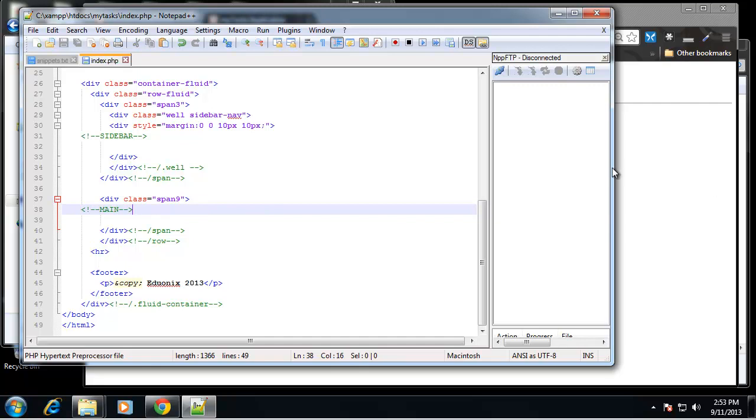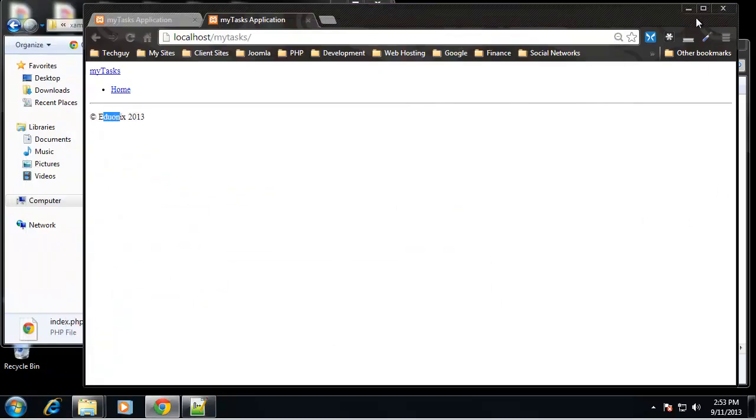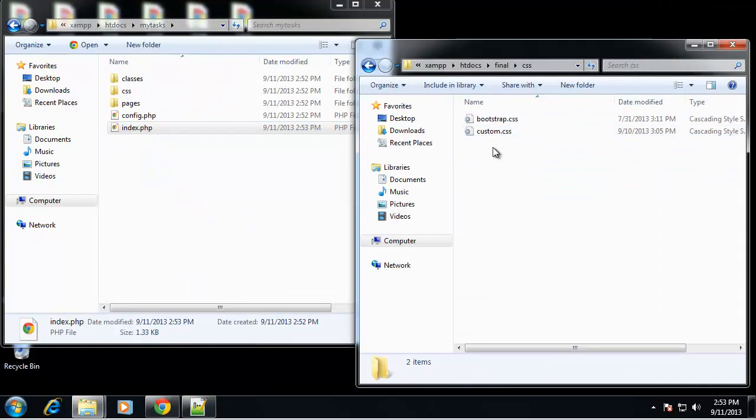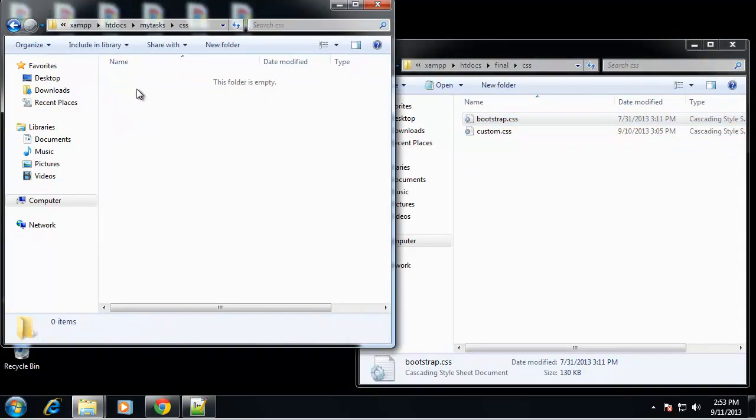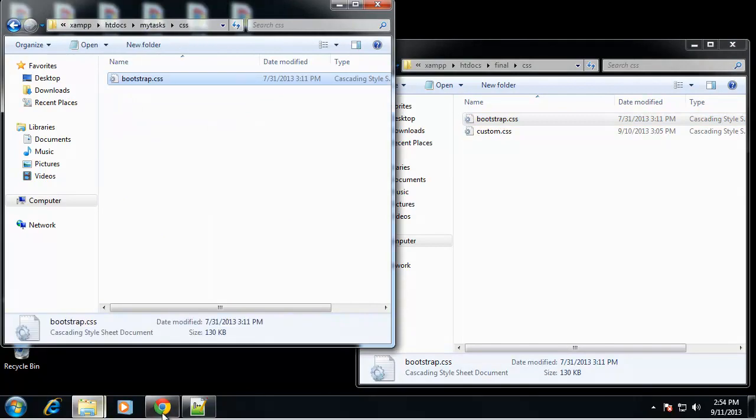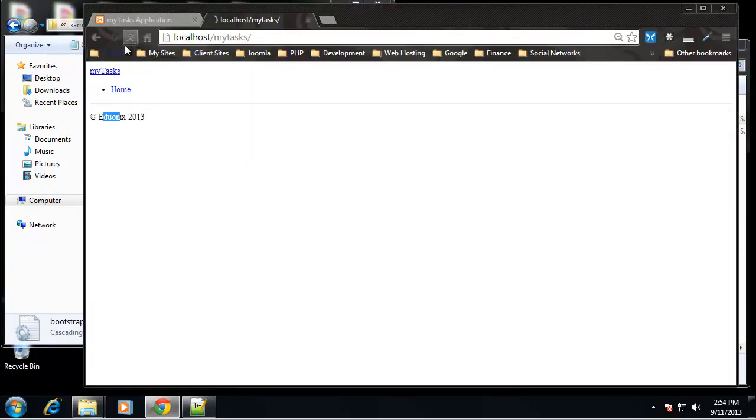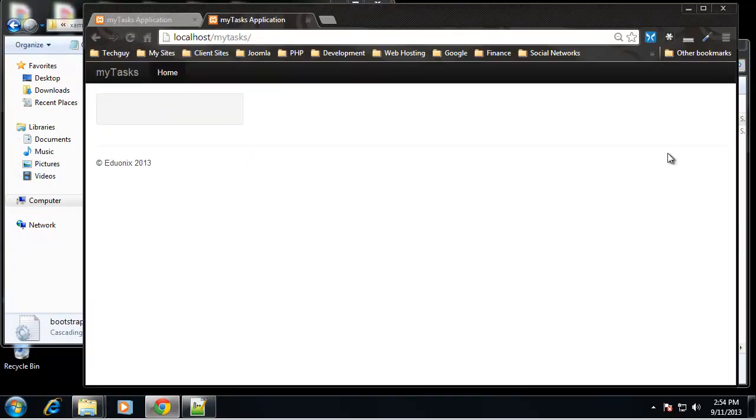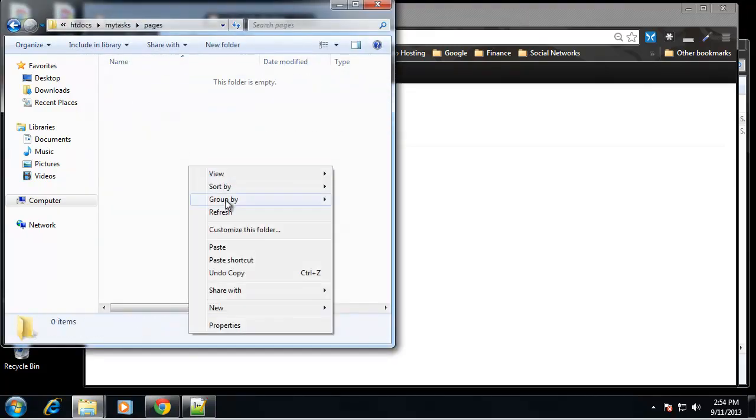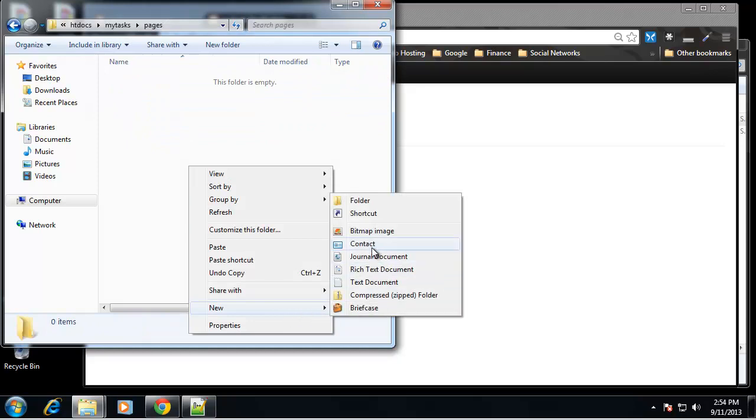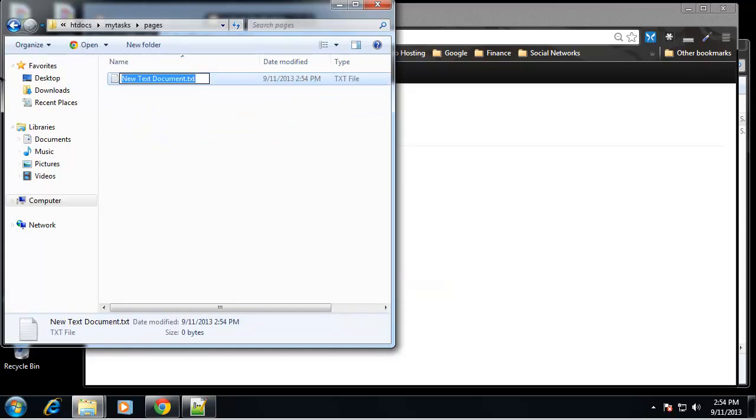Alright, so let's get the CSS. I'm just going to copy the Bootstrap file, paste that in there, and now if we visit our page, now it looks a lot better. So now what I want to do is kind of explain the page structure. Now our pages are going to go in here. For instance, let me create one. We're going to have